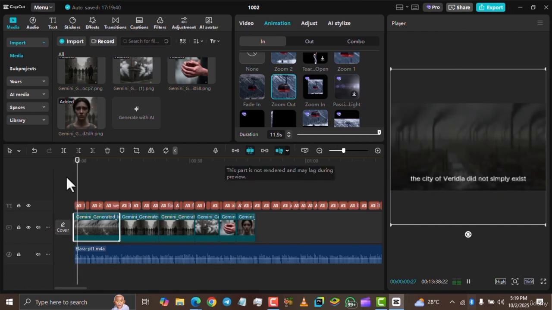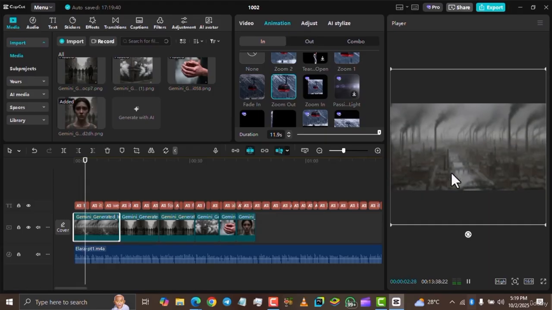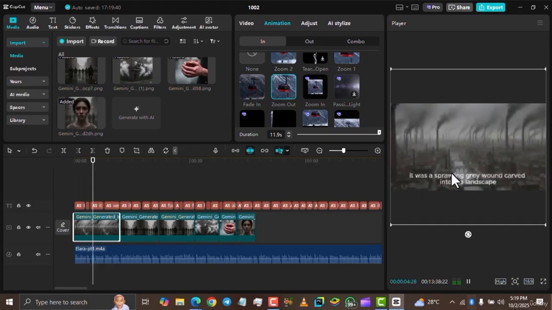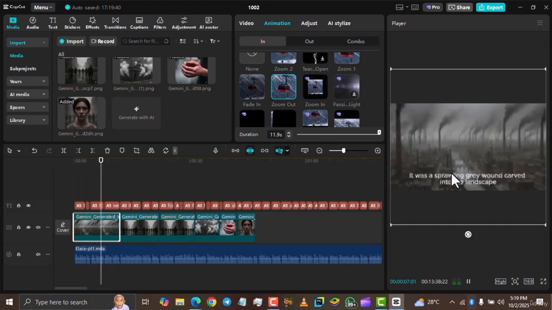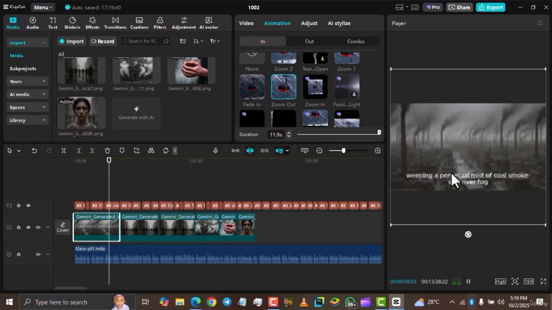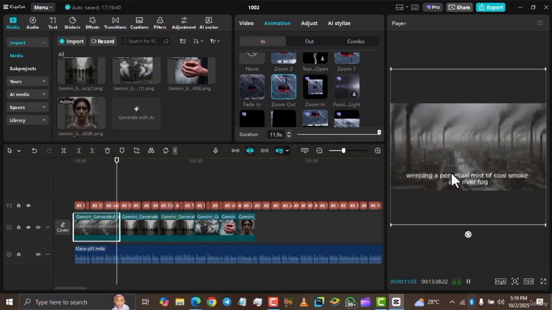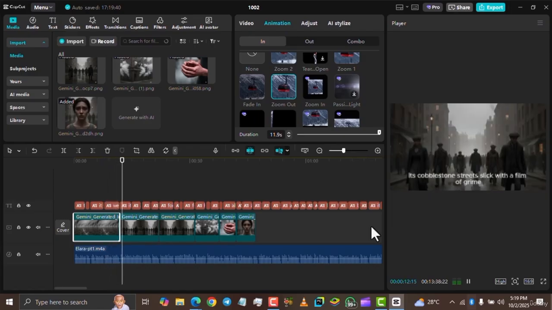See that it happens for the whole duration of the image. Now for the next image, now I can click it and